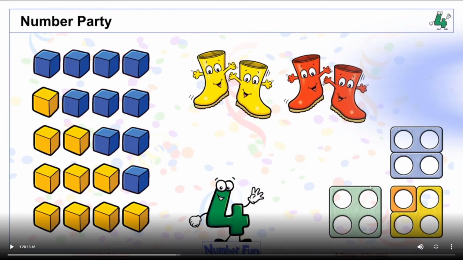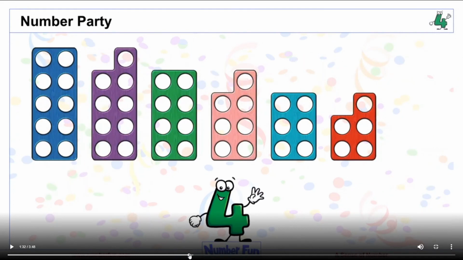Here you've got the similar thing with Numicon. You've got the Numicon 4 piece, which is made up of a 3 plus 1 or a 2 plus 2. It could be 4 1s, it could be a 2 plus 1 plus 1. At the top, you've got a double 2 as well. You can see here,